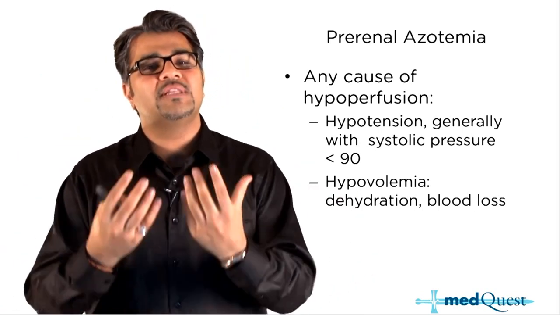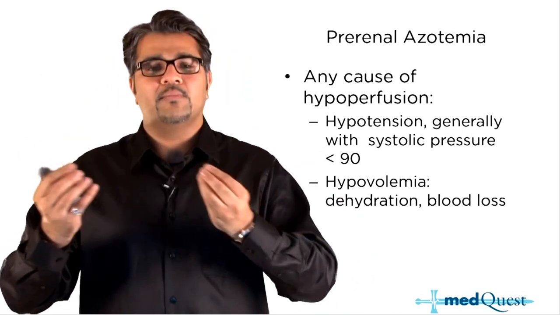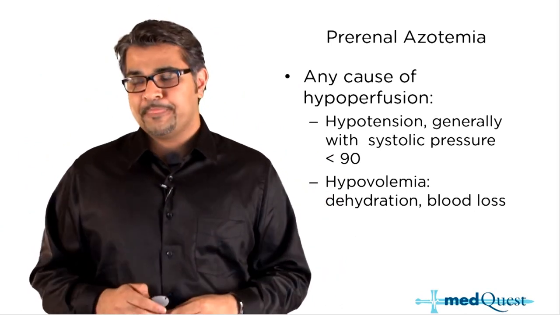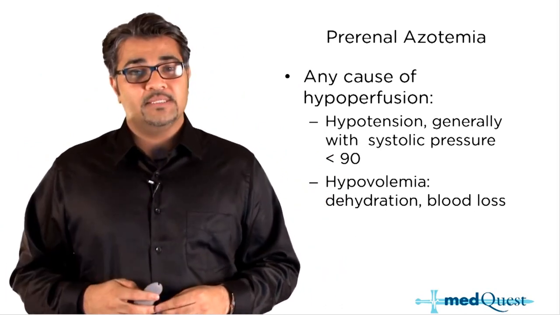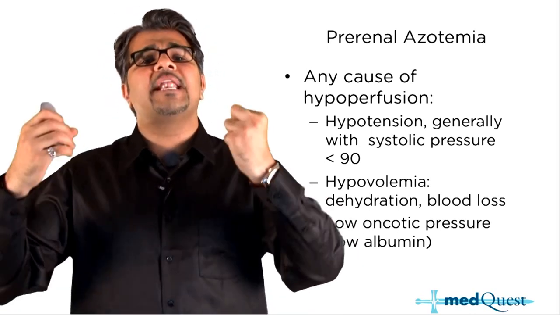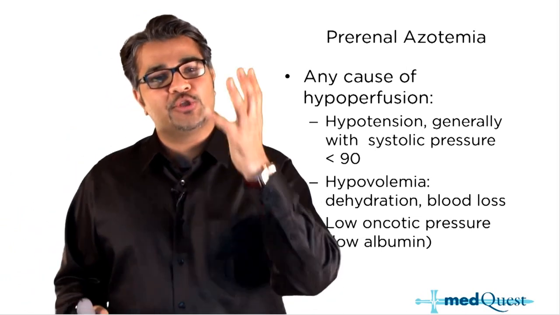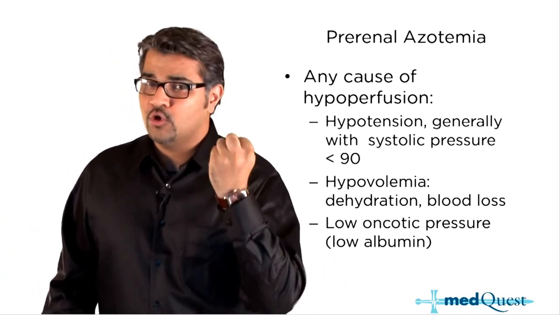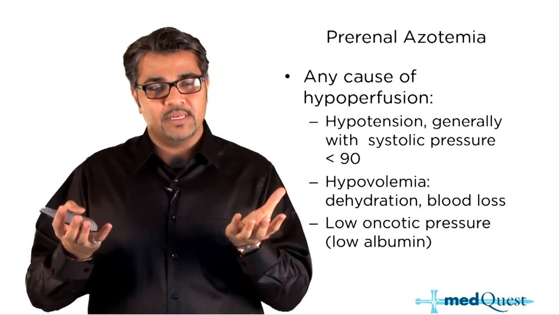And you hydrate them a little bit, and you notice the BUN creatinine, beautiful fix, because they're pre-renal. The last form of pre-renal azotemia is one that we always forget. Low oncotic pressure, yes, not having enough albumin. Cirrhotic patients have this problem. Cirrhosis, no more liver, no more albumin, low